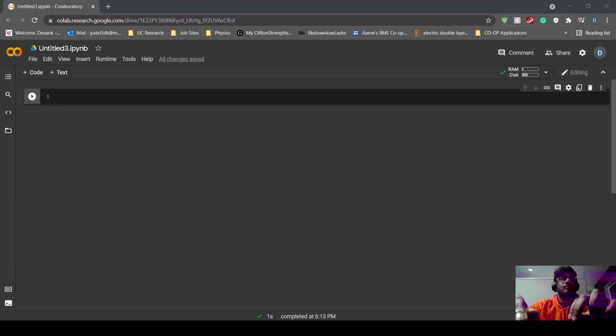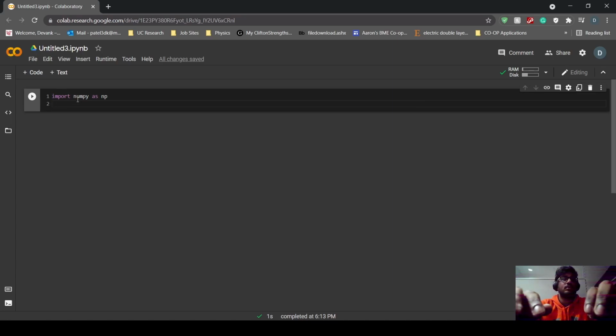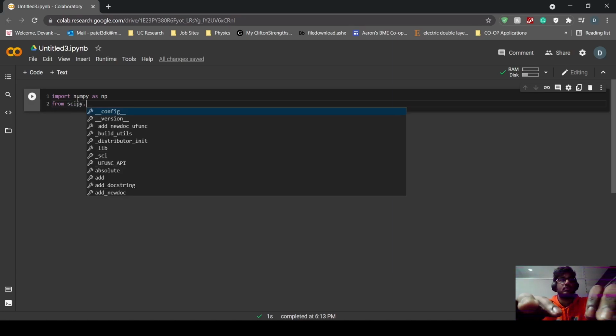So now for the coding part, we want to be able to solve for the three differential equations that we just solved for. In order to do that, we need to first import numpy as np, and this allows us to do quick calculations in our code. Then we want to import from the scipy library, from scipy integrate